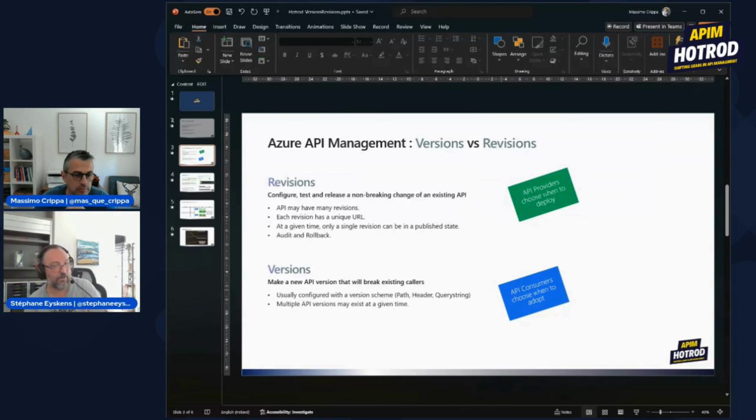And if you have multiple versions at a time, they should of course target different backends. That's also something that is sometimes confusing for people. They don't always realize that if you have V1, 2, 3 at the level of APIM, then behind the scenes these go to V1, 2, 3 of your backend. Either you could say, and it could work, but it's not a good idea,